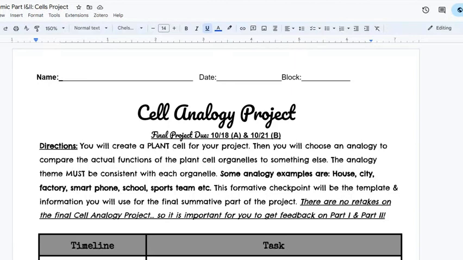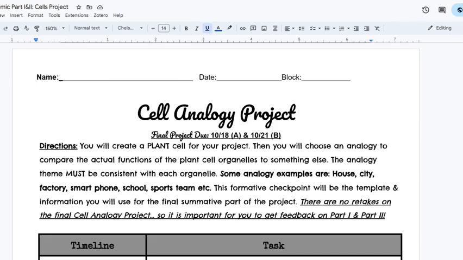What else? You went through your pre-quiz and saw how prepared you are for the test next class. Remember, the pre-quiz is going to be open for you to take multiple times if you want to do that. Certainly feel free to do that. And now you are up to the point where you're listening to this cell analogy project. You've seen cell project written up on the important board for a little while now.